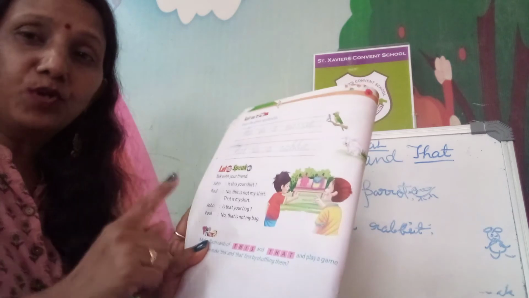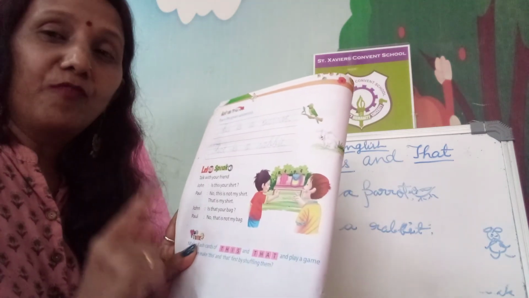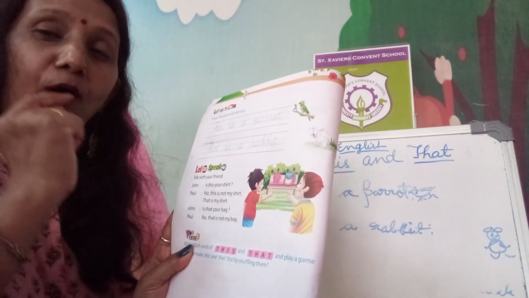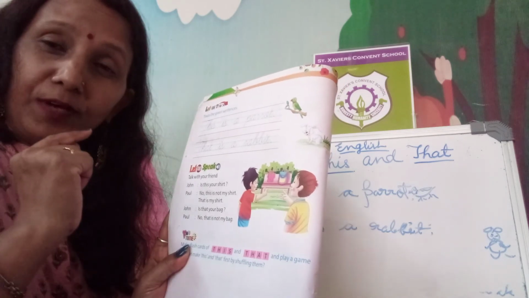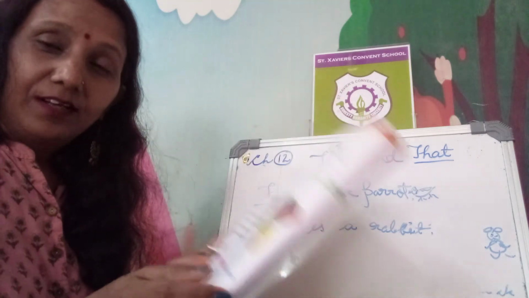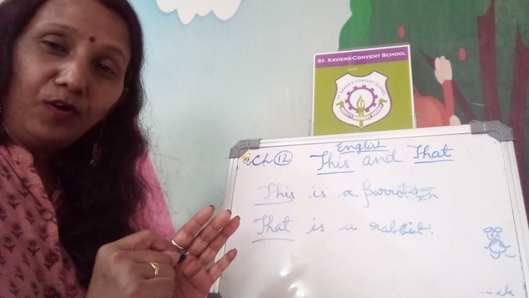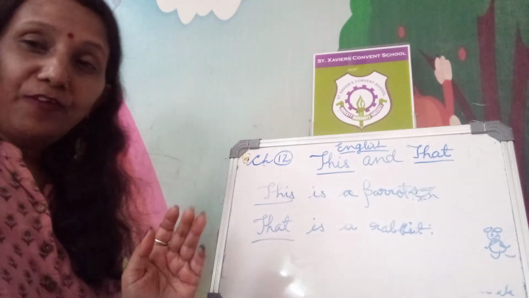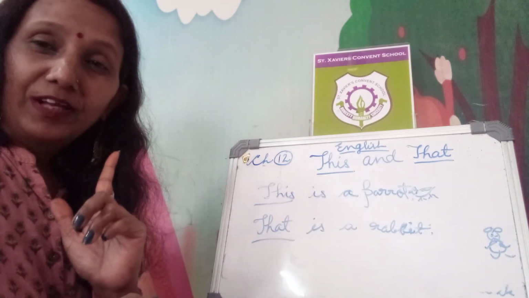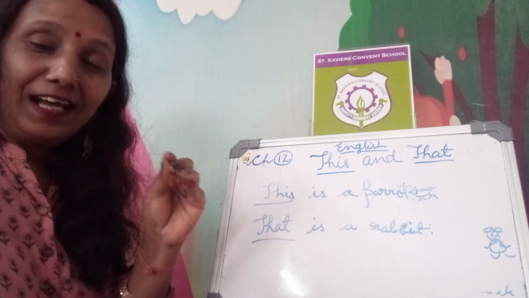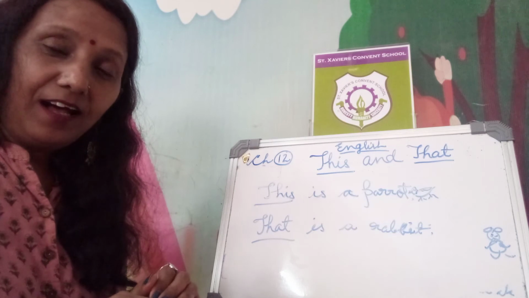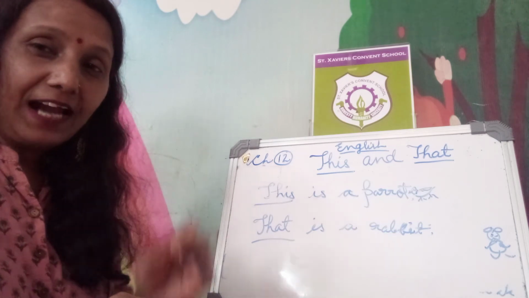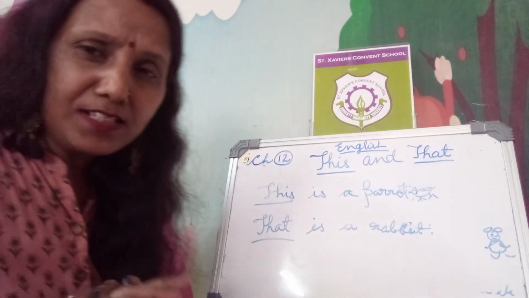These dialogues are just to speak. You have to practice English speaking with your parents, with your grandparents, with your brothers, sisters, right? And with your neighborhood also. Okay. With your friends on phone calls also. I have done my work. I have got this new pencil. My brother got a new ball. You can speak like that.